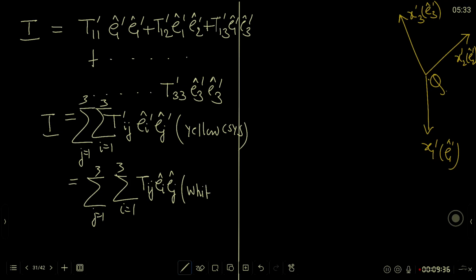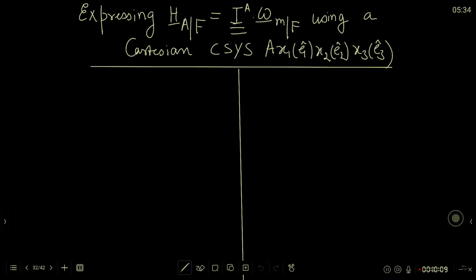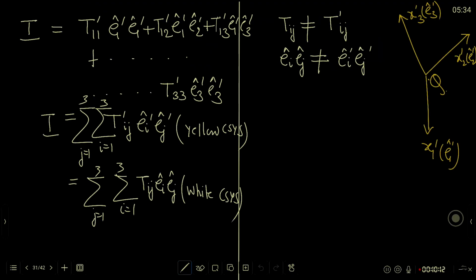And in general, Tij is not the same as T'ij, and in general EiEj is not the same dyad as Ei'Ej'. So with this understanding that a second order tensor requires these 9 scalar components and 9 dyads for its full